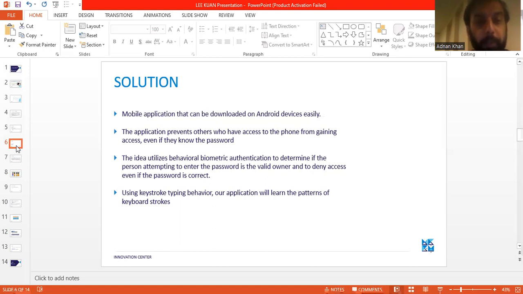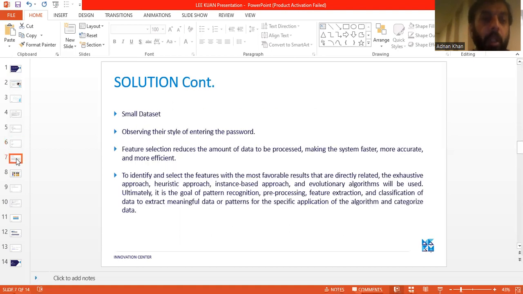Using keystroke typing behavior, our application will learn the patterns of the keyboard strokes. What we are going to do is capture a small data set from the authentic user for our algorithm to train, and then observe their style of entering the password.